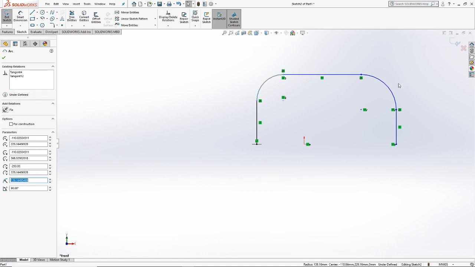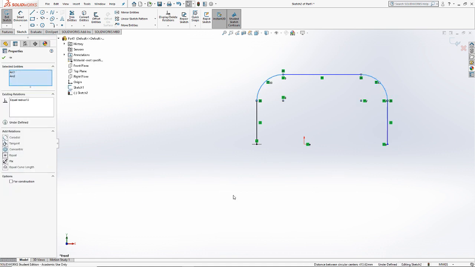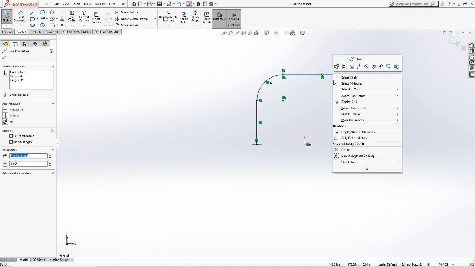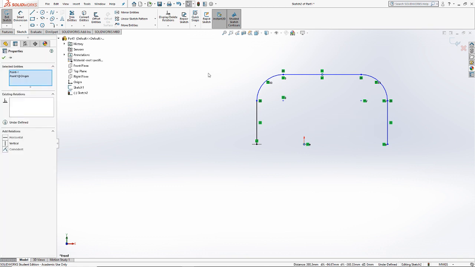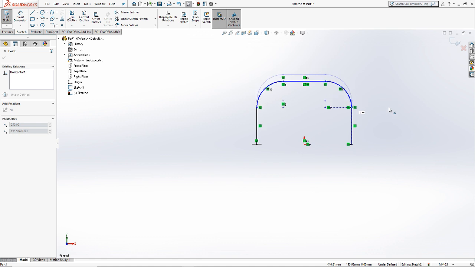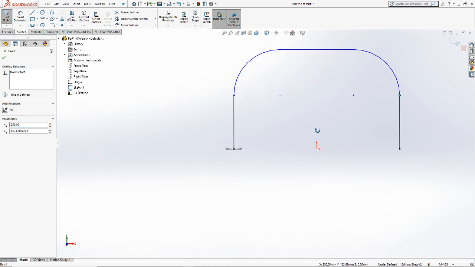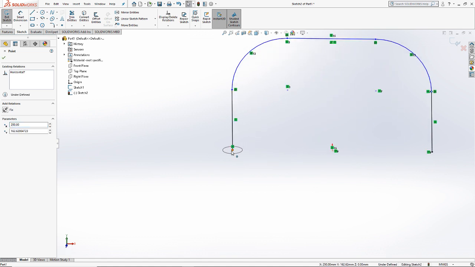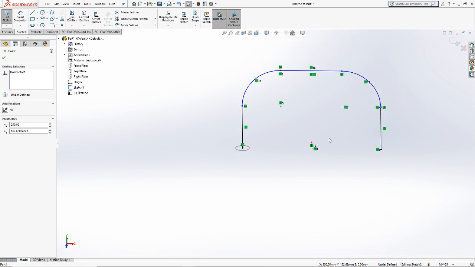I will apply an equal relationship between the 2 arcs. I will right-click this top line, select the midpoint, control-click the origin, and apply a vertical relation. That way the handle is centered. You'll notice that because I started my path in the center of that circle, and because I told SolidWorks the horizontal line needs to be vertically positioned above the origin,